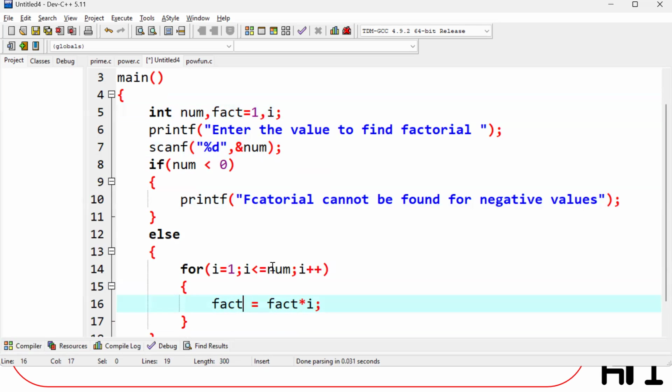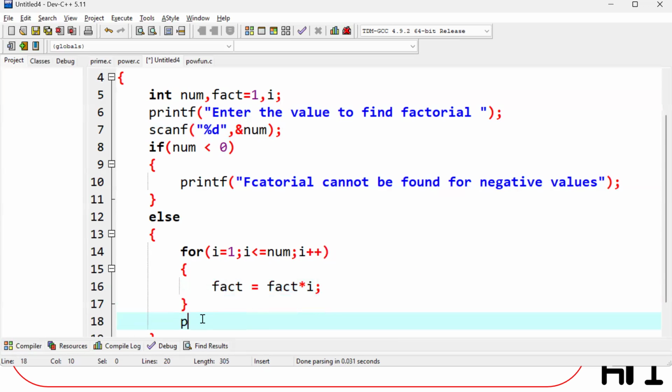After that i plus plus, i will become 2. 2 will be multiplied with 1. It will become 2. Next time i plus plus, i will become 3. 3 into 2, 6. Okay. Next time 4. 6 into 4, 24. Next time 5. 24 into 5, 120. After that 6, 6 less than equal to 5 false. So it will come out. Okay. So I'll print here